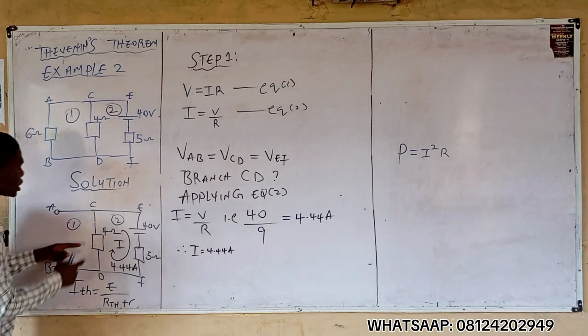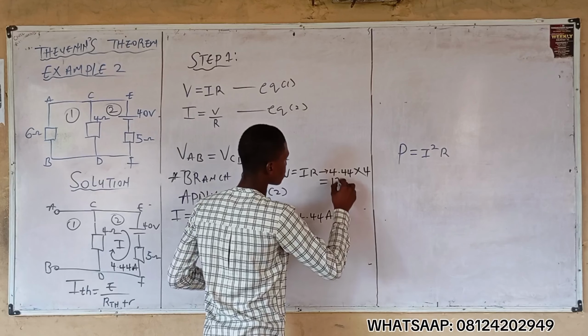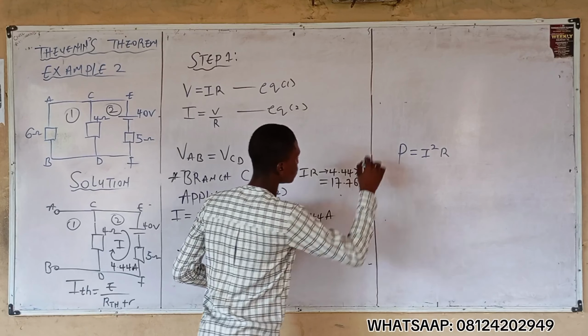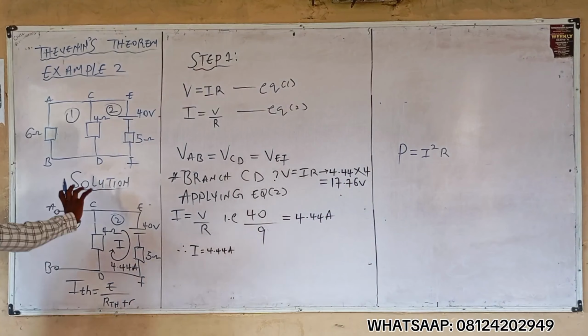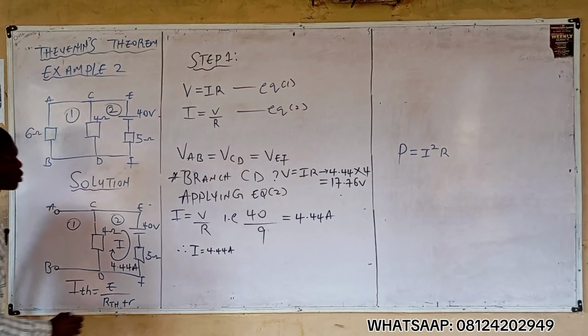And what's the value of I? The value of I is the current flowing through the resistor present in the branch. And what's the resistor present in the branch? 4 ohms. What's the value of the current in the resistor? 4.4 ampere. So V is 17.76 volts. This is for branch CD. Moving on,